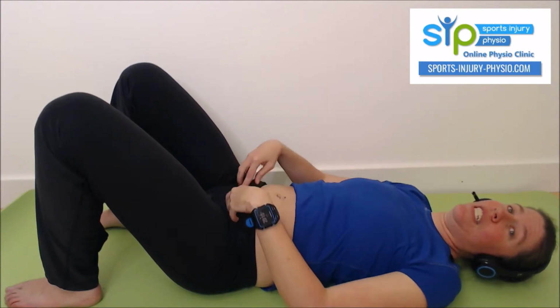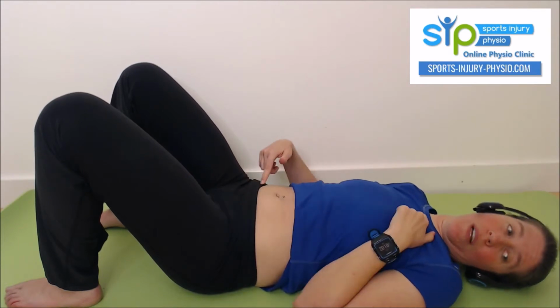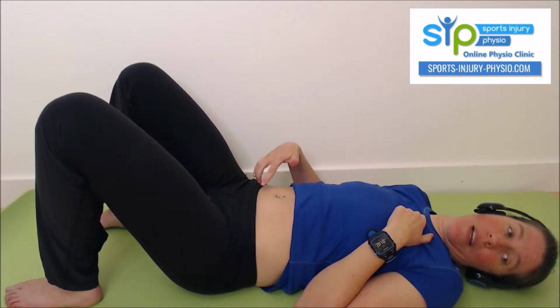Can you feel how that just gently tenses everything down there? It's not a strong contraction. You probably can't even see much happening in my stomach. So it's literally